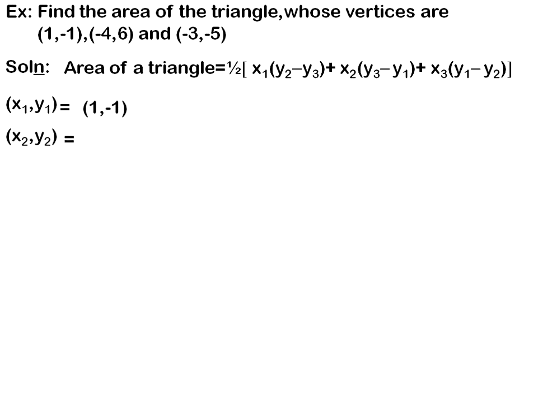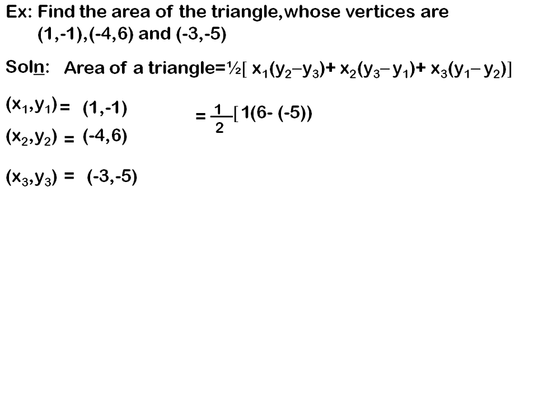x2, y2 is also given, that is minus 4, 6. Then the third point x3, y3 is also given, that is minus 3, minus 5. Now substitute the values in the formula, that is half into the bracket, x1 is 1 into the bracket y2 is